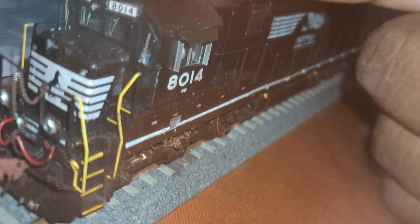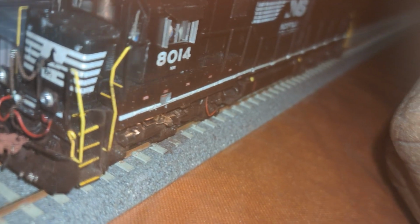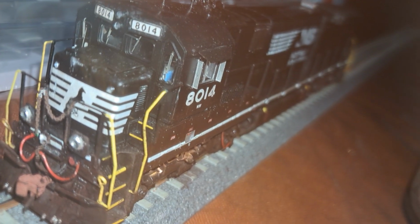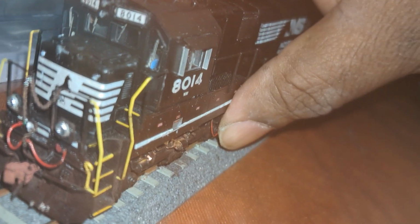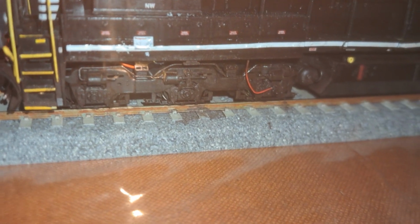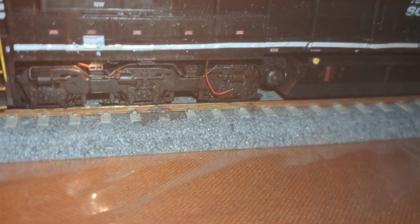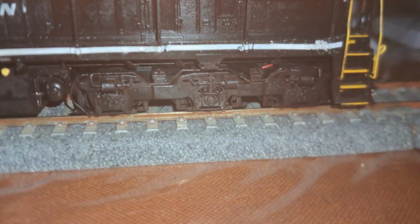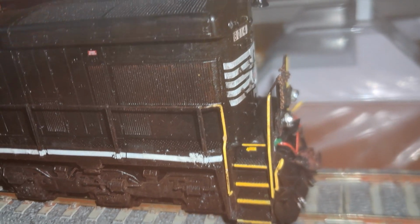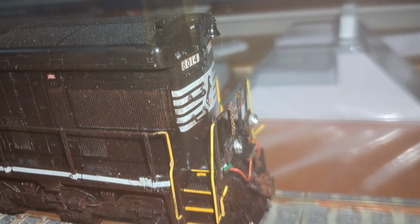You know what I'm saying? It may not run today for Norfolk Southern, but it still has a home as a model. Again, the trucks and stuff, man. Rapido paid quite a bit of attention to the details. It has the triple class trucks, which is correct for Norfolk Southern. Some with CSX, Union Pacific, Santa Fe, and everything has a different truck setting as you see on other layouts